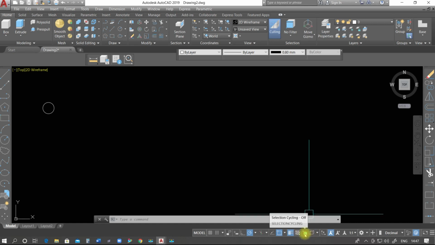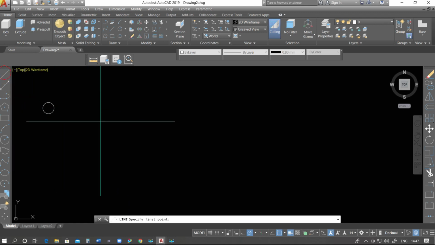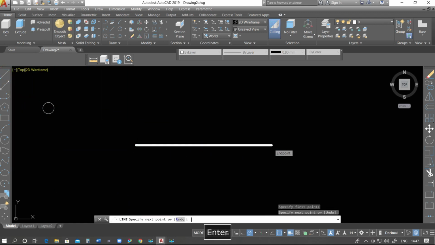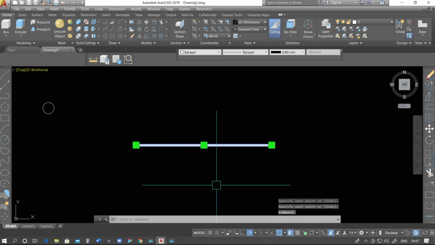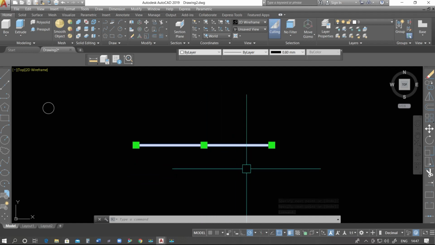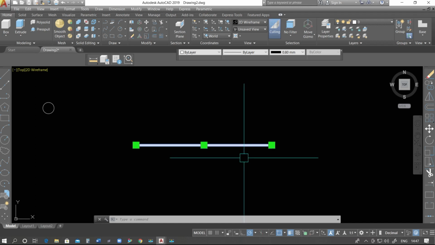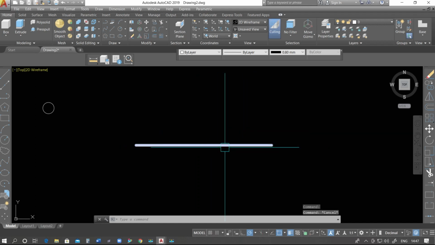We have the next option, that is selection cycling. So what is selection cycling? Suppose I have a line, and one more line on top of this one, and one more line on top of that. So we have 3 lines, but when we select this one, we are not able to select all the lines. Suppose I have to select the middle one, which is hidden in this layer.